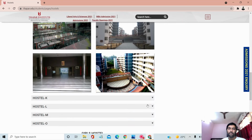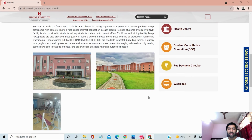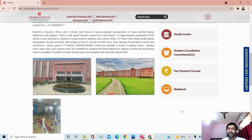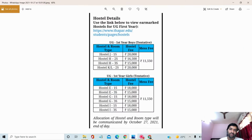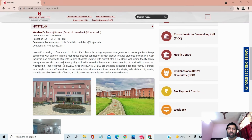Otherwise, if we talk about the other hostel, Hostel K, it looks amazing and is also a great hostel. You get a 2 seater room option in Hostel K. It has 2 blocks with an empty space in between, where you might play badminton. It has 2 floors with 2 blocks, and each block has separate arrangements of